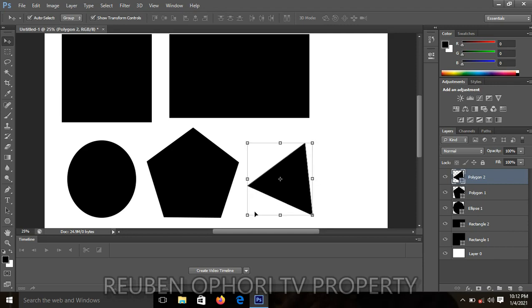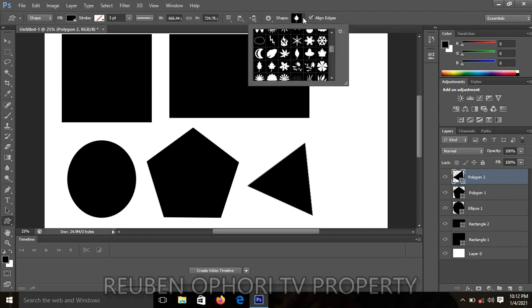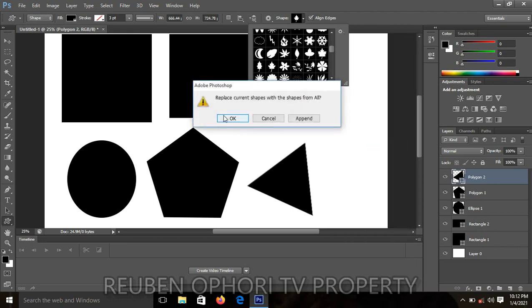Good. Now the last tool that we want to look at is the custom shape tool. You click on the custom shape tool, then you come to the option bar, click the drop down arrow, then you come to another drop down arrow just on your extreme right. On that dialog box, you left click on it, then you select All